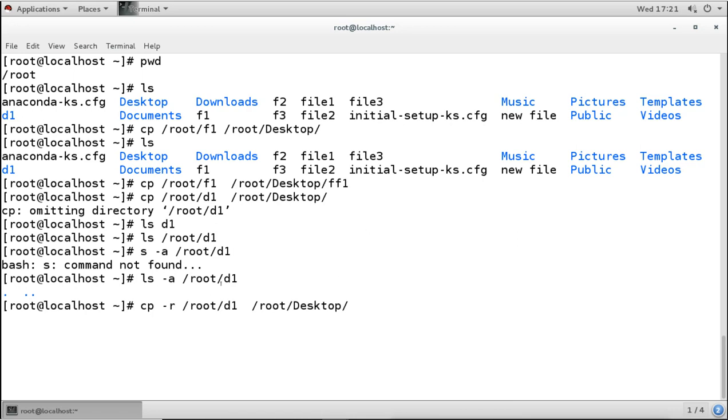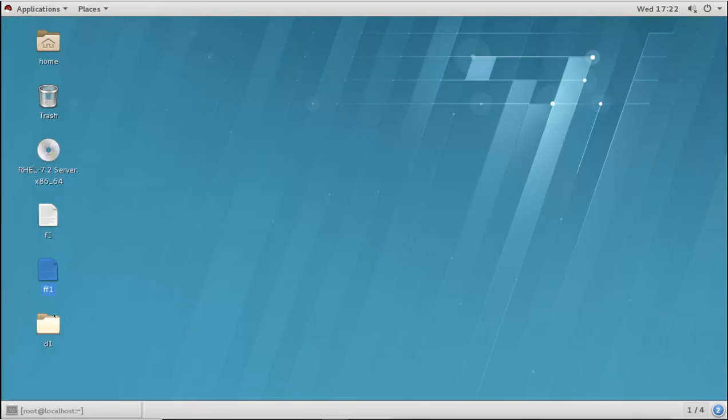If you remember, we did it with the ls command also. ls -R was there. It was for recursive listing. Recursive listing will do what? It will list everything inside the directory. So here with the copy command, when you use R, it is also recursive. It will not only copy the directory, it will copy all the files inside the directory. So everything will be copied with the directory on the destination. Now this time it will not give an error because we are saying copy the directory and all the files. Now there is no error, and if you see on the desktop, we get the file here, directory here.